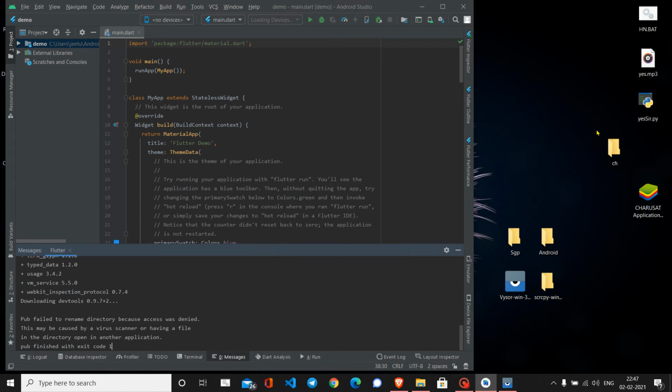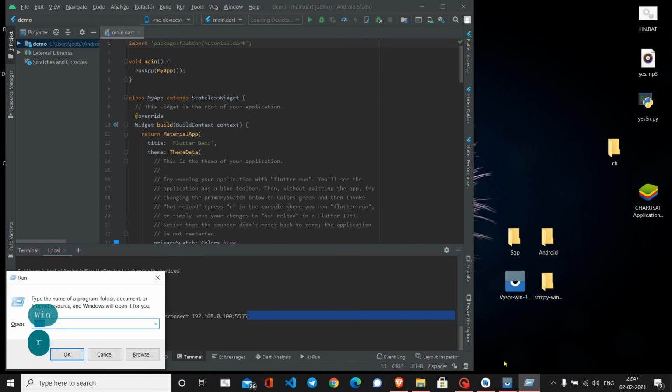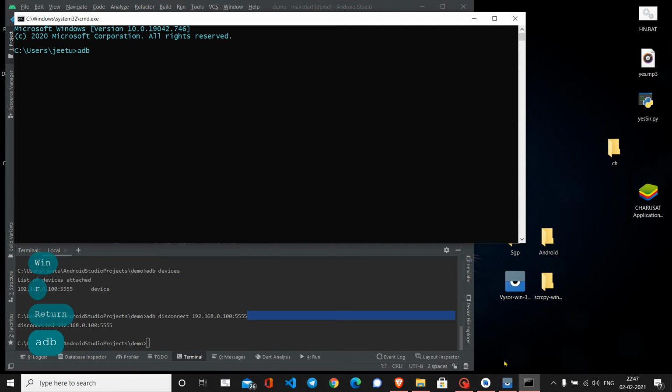And to assure you that nothing else is connected over here, I'll head on to my CMD. I'll show you adb devices, and you can see there are currently no devices attached over here.